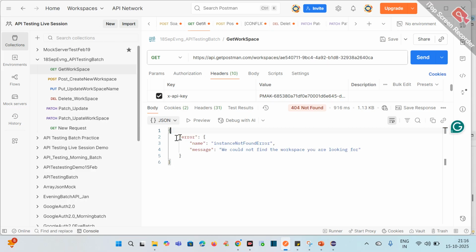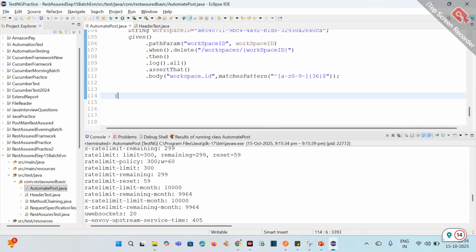After deleting this, you can just write this common instance not found error. And how to validate the same thing, right? You can use assert hamcrest, error dot name, error dot message, and you can pass the expected one. So no need to test it manually. You can write one more code, or create one method for the validation, and you can call it here. Okay,